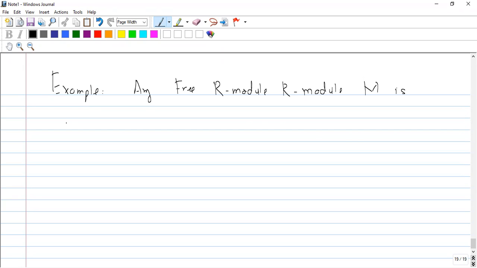So class, actually we can generalize this example and prove that any free R module M is a projective R module. Again, our technique will remain the same as the one I just used, and I will generalize it. I will take